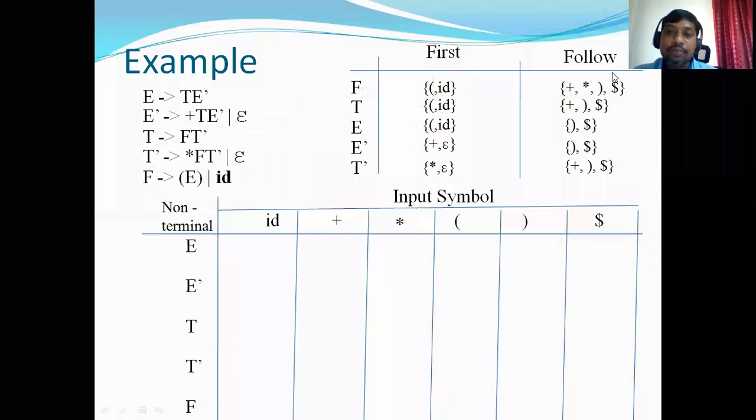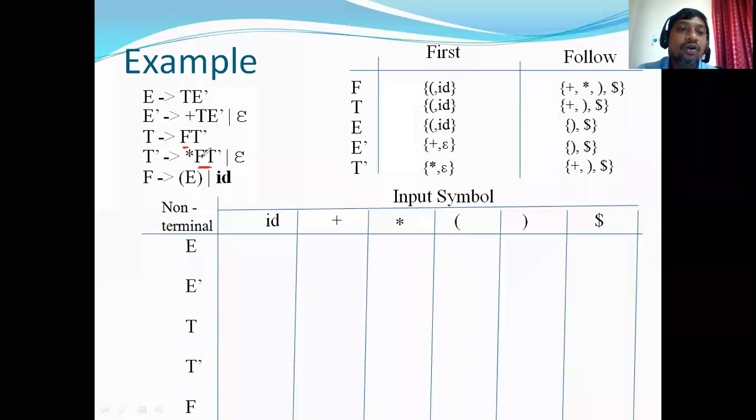Now coming to FOLLOW of F. Let us consider this rule, FOLLOW of F. Now you have to consider the rules in which F appears on the right hand side of the production rules. If you observe the grammar, F appears here on the right hand side, here and here, these two production rules.